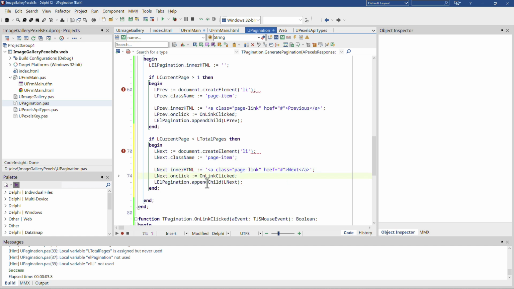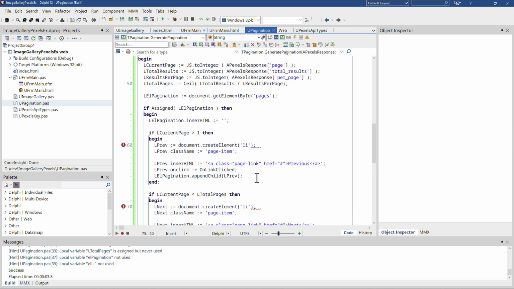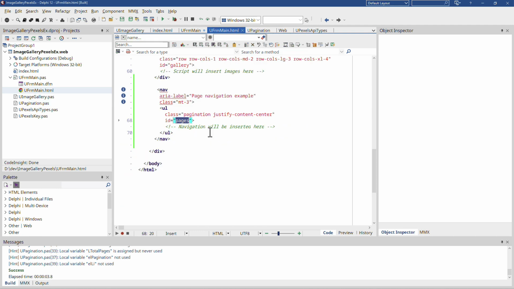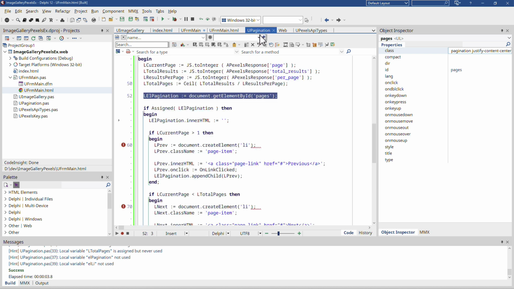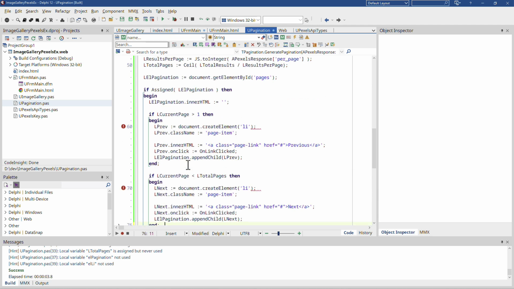The link on click is the same. And we also add lnext. So this way we either add both of them or only one of them to the pagination. Okay. And the pagination itself is already on the page because that's our hook here. This pages element here is already on the page right here. Good. So that adds the navigation for